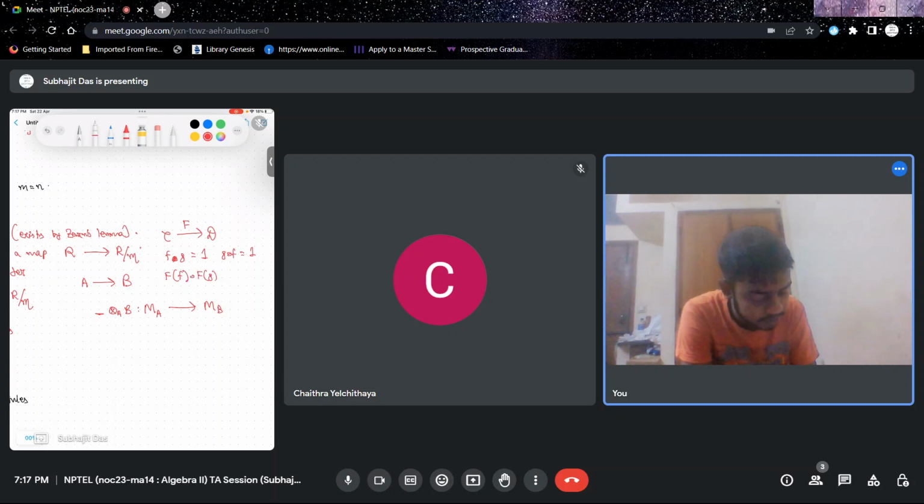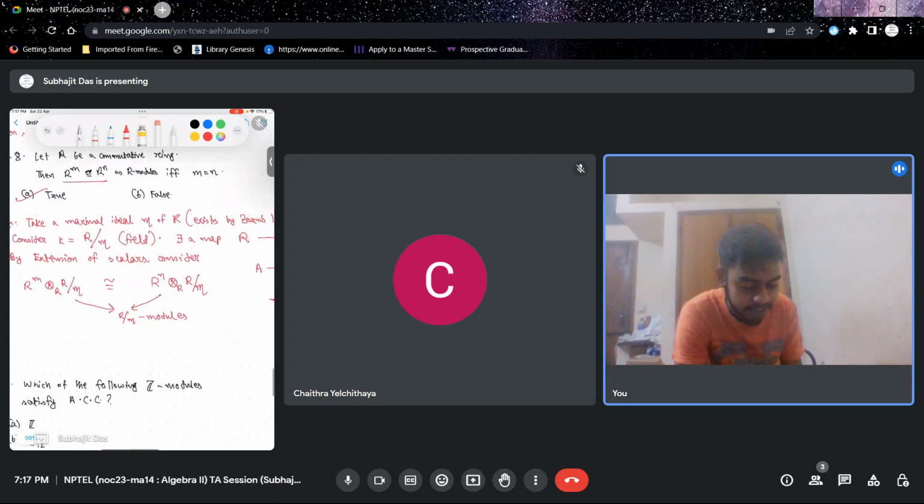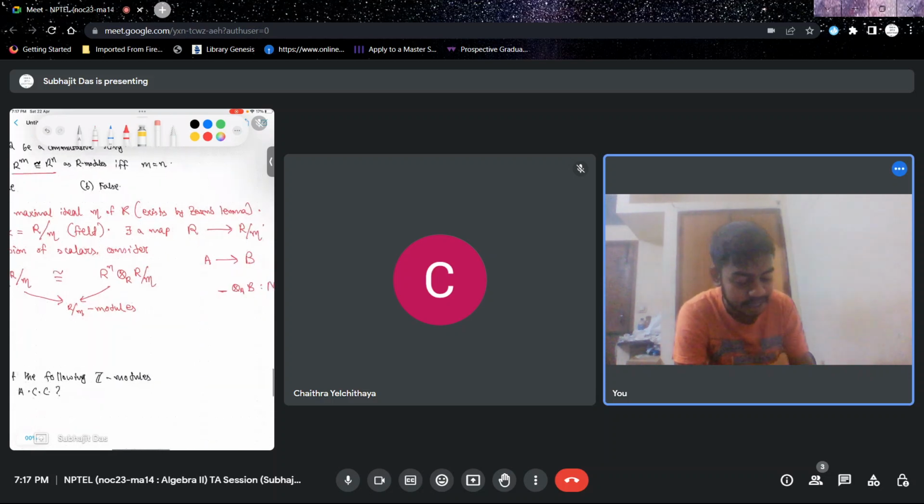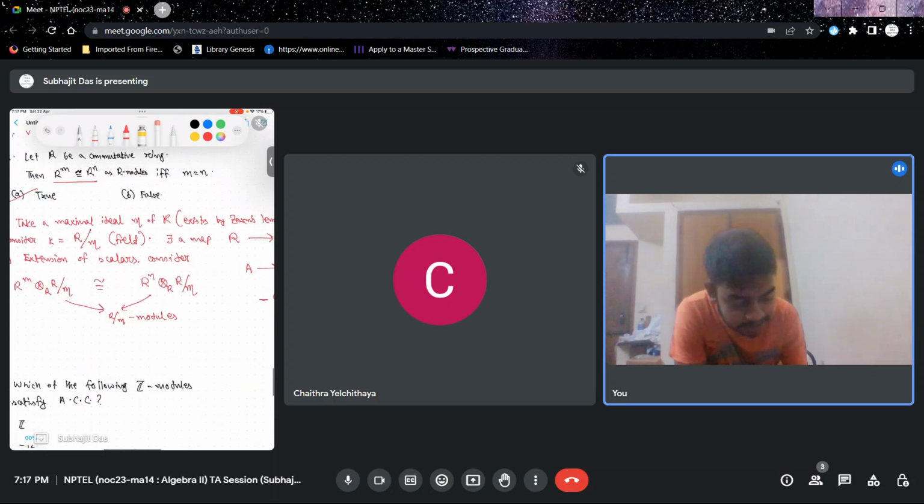It's a functor, so this will be 1 on something and similarly the other way around. So my point is that if f is an isomorphism, then its image under the functor will also be an isomorphism, and therefore from this you can directly say that since R^n and R^m are isomorphic as R modules, these two have to be isomorphic. Of course, you can just take an isomorphism from this to this, apply the extension of